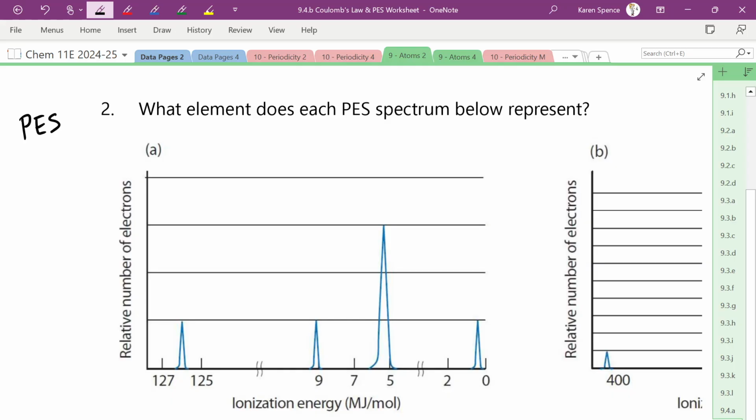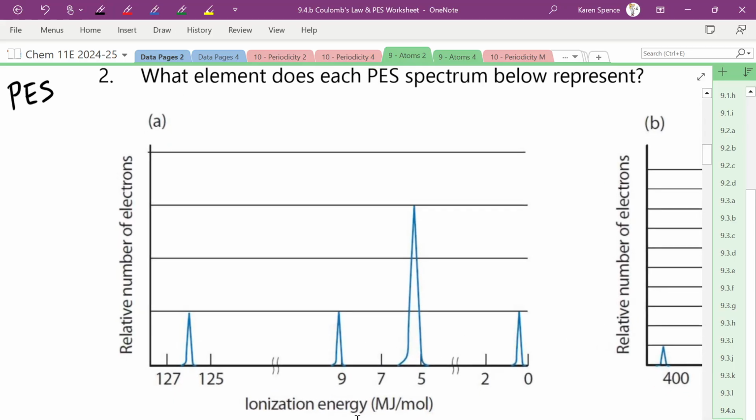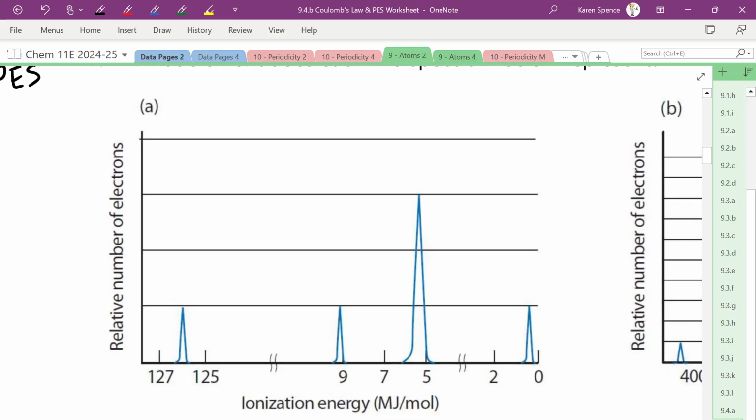So you're just going to keep firing photons at a sample of whatever element it is. And as long as you give whatever electron it is enough energy, it will come out. Okay? And then you can measure the energy of the electron coming out. And you can say, okay, this one,